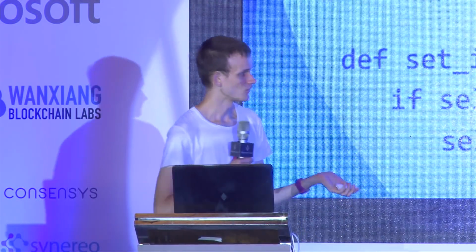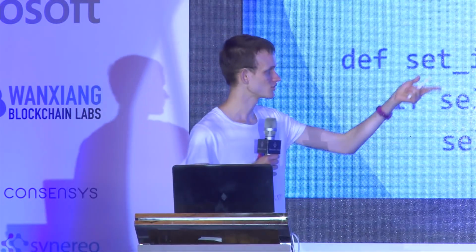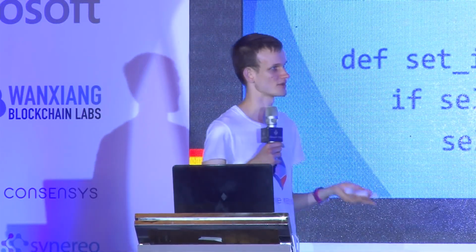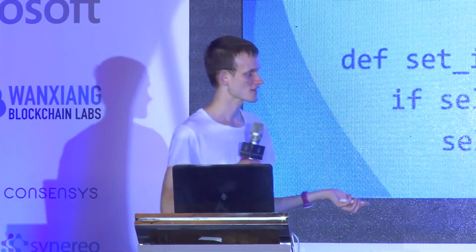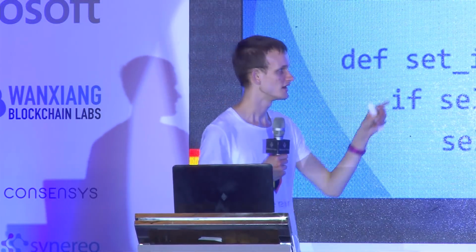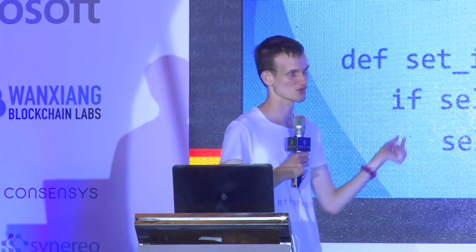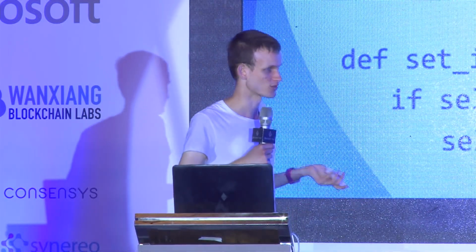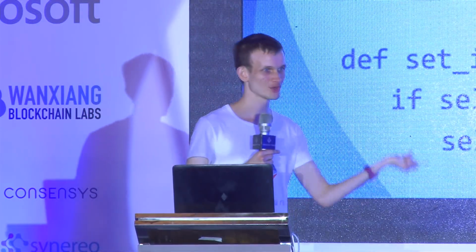Now, what can the transaction do? Well, it can try to register, or it can try to set the IP address. So let's say you want to register a domain. What you would do is, in the transaction, encode some information that says, I want to call the register function with some particular piece of data, like, I don't know, George.eth or whatever. Take this transaction, include this data, publish the transaction.